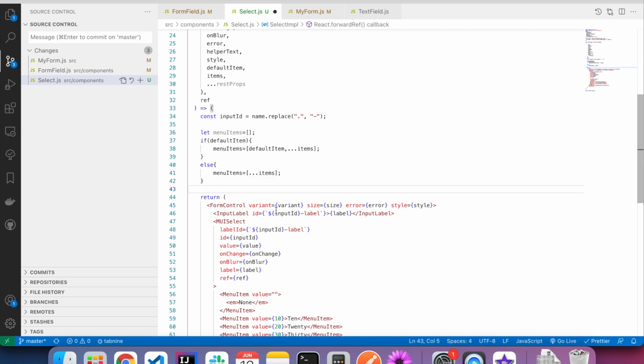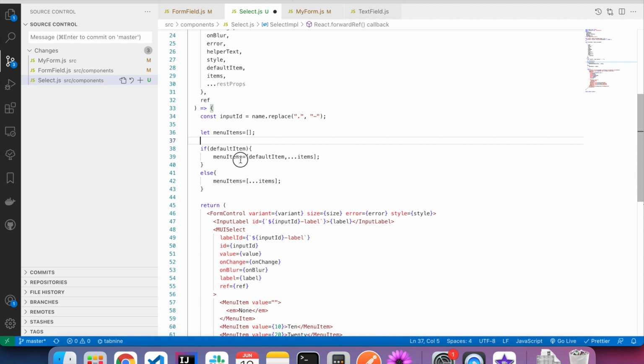So basically if any items are present, those will be added into menu items. If default item is specified, it will be added at the beginning, and this will happen only if the items are not null. So if items are present,